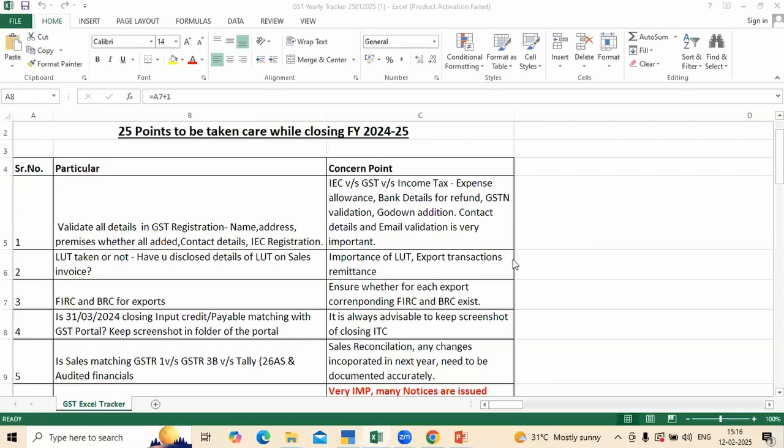Okay, there is one question: what to do for unreconciled items? So see, for unreconciled items, we need to give a justification. Let's say my balance as per portal is 100 rupees, but balance as per books is 120 rupees. So 20 rupees line items